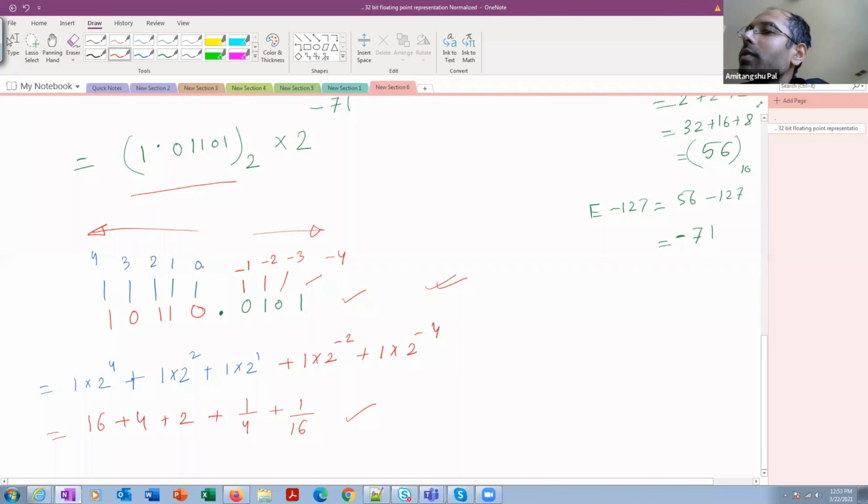Previously, in case of an integer number, I used to number the corresponding bit position from 0 onwards, and then I used to write the corresponding integer multiplied by 2 to the power of the bit position. Here, in addition to that, for the fractional part, I'm numbering the positions from minus 1 onwards, and then I'm doing the same thing, the corresponding integer multiplied by 2 to the power of the exponent, and then I'm adding it. So this is the technique. So let's apply the same technique over here. Let me just erase this portion.